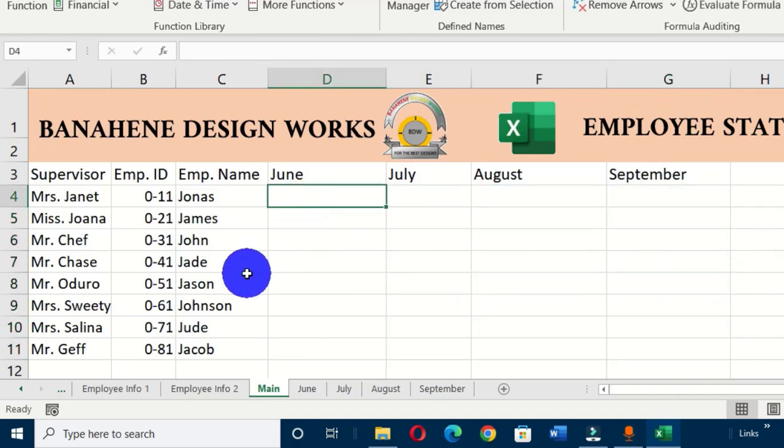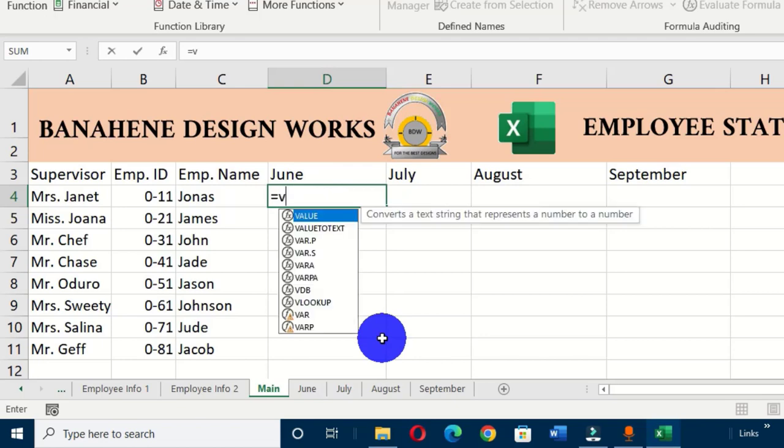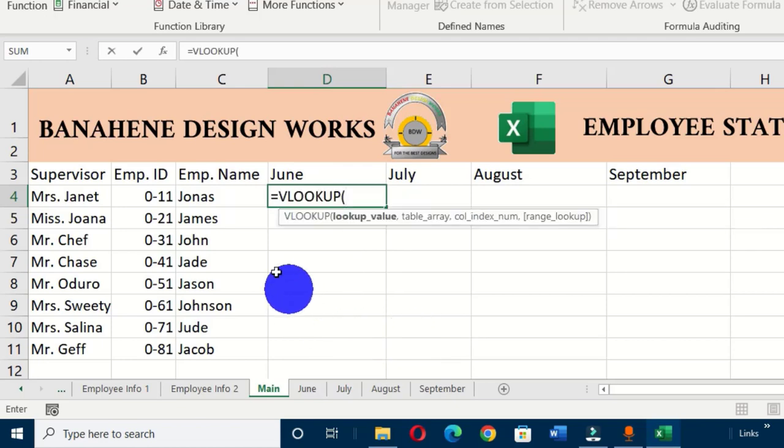Now under column D, beneath the month of June, you type equal to VLOOKUP, and this is our lookup value. Let's fix the column, then you bring your comma. Now the table array, this is where we are going to type our indirect function. So let's type indirect,